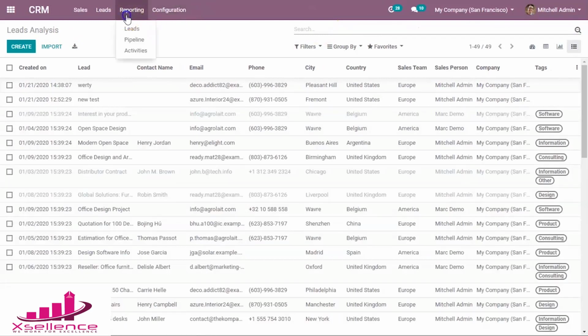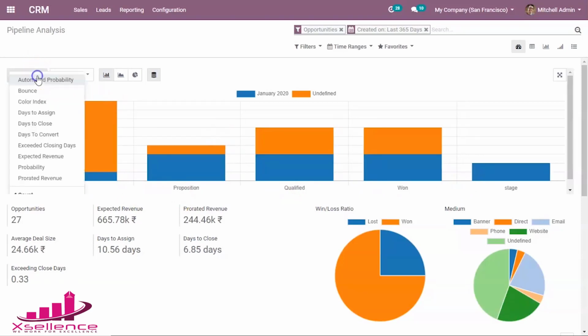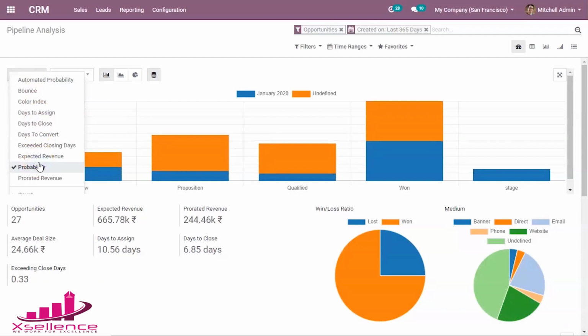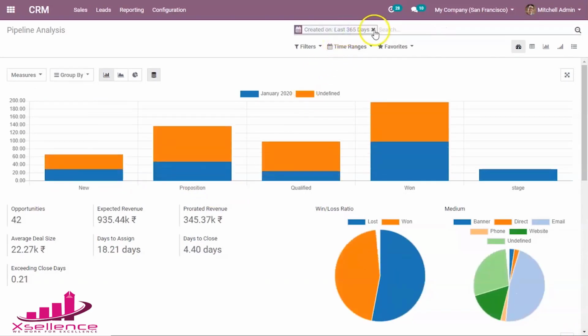Now let's see under pipeline. Under pipeline you can see the measures being made on the basis of the stages that you have been in the pipeline, that is new, proposition, qualified and won. Here also you have different measures which you can use for analysis purposes. Now here I am taking the probability, so on the basis of probability these stages have been shown and analysis has been made.